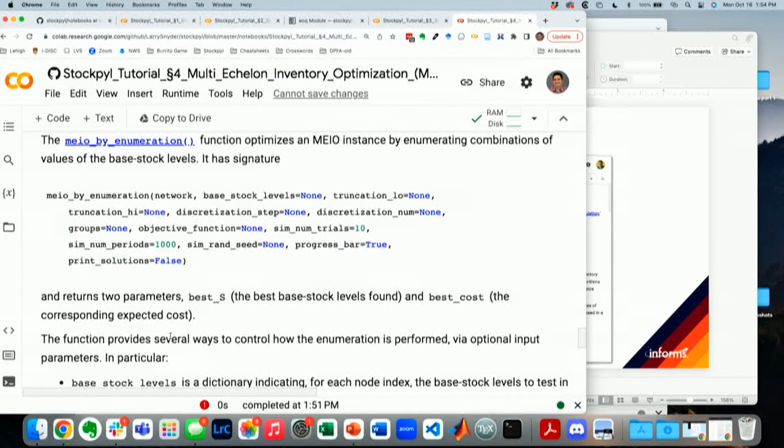One is enumeration. So you give me a network with, let's say, 5 different nodes, and you tell me all the different base stock levels that you want to test for each node, and I just enumerate all the possible combinations. You understand why this is really slow. And then instead of enumeration, we can instead do coordinate descent, where we're just optimizing over one decision variable at